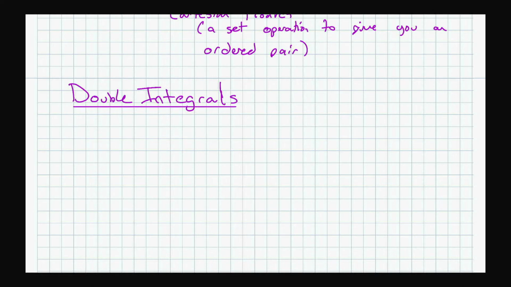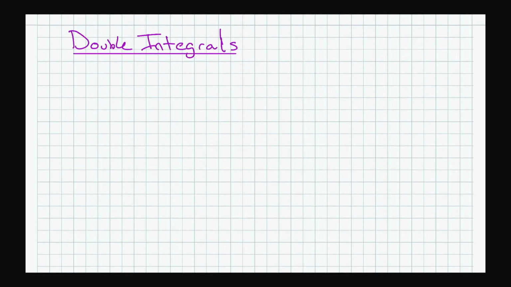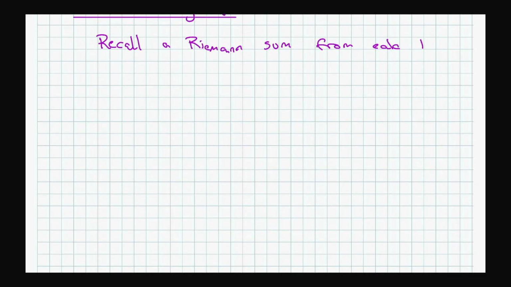Okay, double integrals. So recall the idea of a Riemann sum from Calc 1, right? So the way we did this, in Calculus 1, this is a Calculus 1 definition, and it's not really a definition because we're skipping most of the definition. But if you wanted to do an integral from a to b,